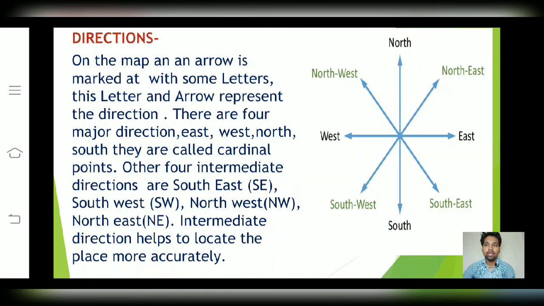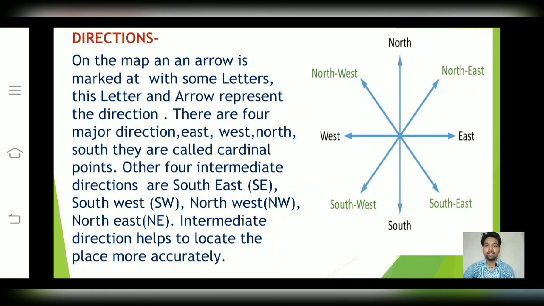And there are some intermediate directions such as northeast, southeast, southwest, northwest. Friends, these intermediate directions are also very useful. For example, if a certain object is not at the vertical or not even at a 90 degree angle, then what do we see? We have to locate those places also. Then these intermediate directions help there.